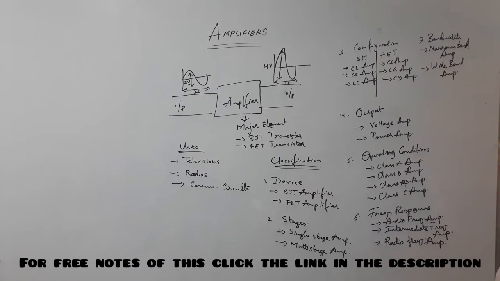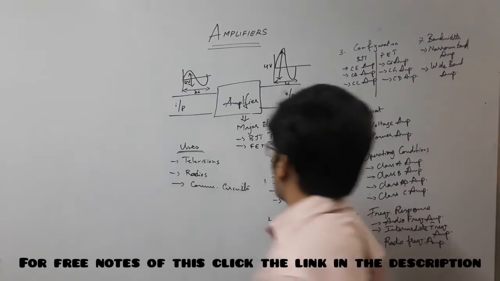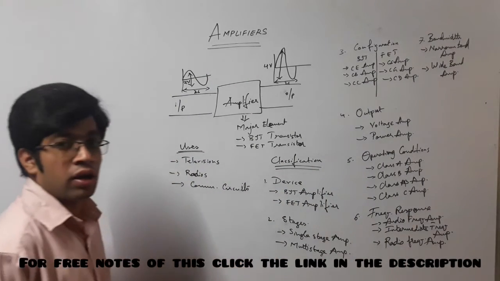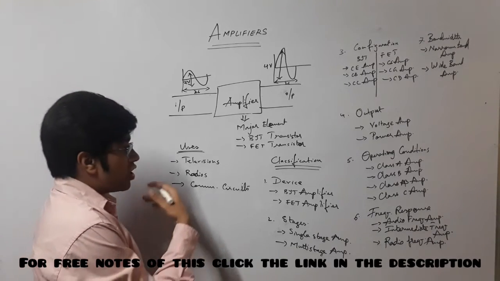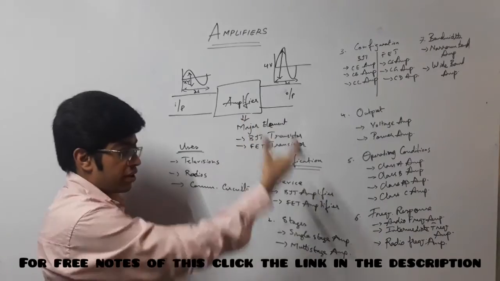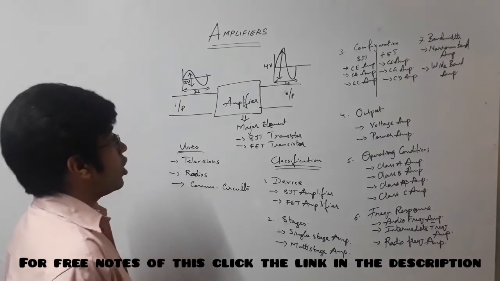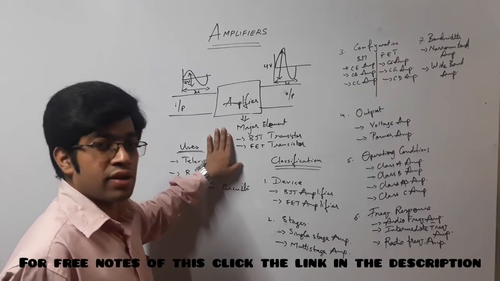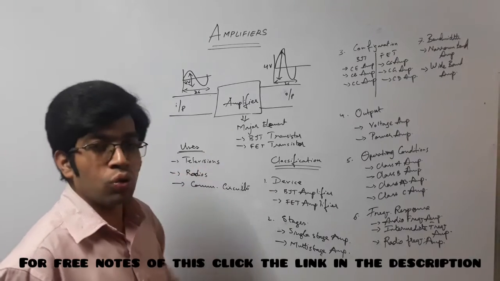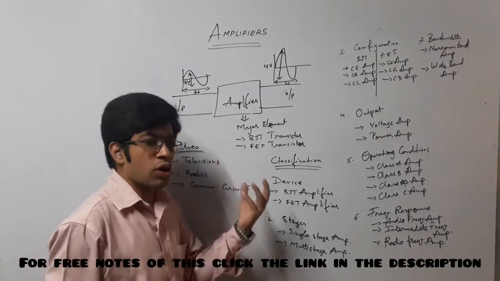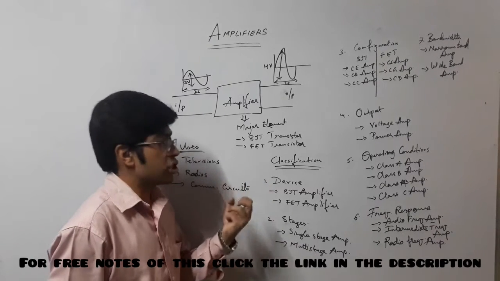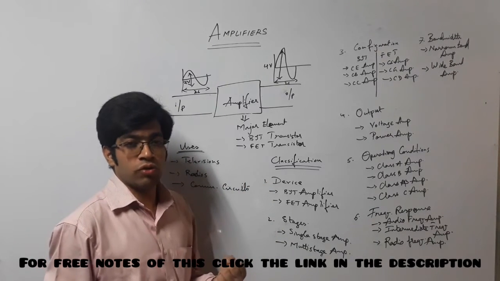So this is the basic overview of what an amplifier is, what the necessity of an amplifier is, where it is being used and how it is being classified. This is a very important answer from an examination point of view too, and as well as for analog electronics, as the major concept of amplifiers is very important from an electronics engineer's point of view.